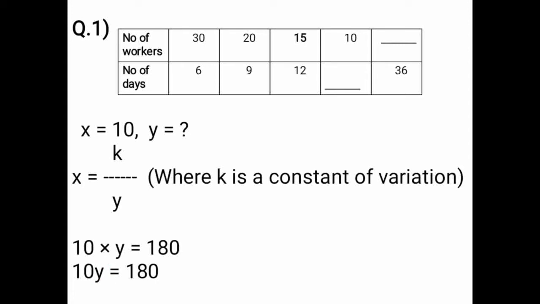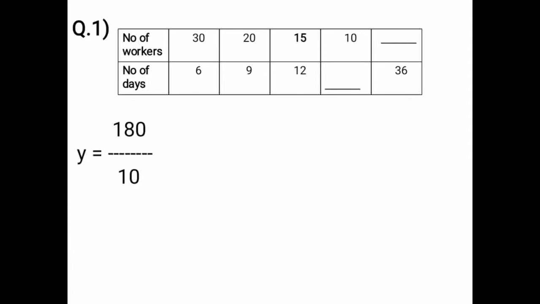The number 10 which is there with 10y, you have to take it to the right side and it will go to the denominator. Means you have to divide 180 by 10. y is equal to 180 upon 10. 0, 0 get cancelled. So what will remain? 18 upon 1. Therefore, y is equal to 18. If you got y is equal to 18, you have to write answer 18 here in this column.